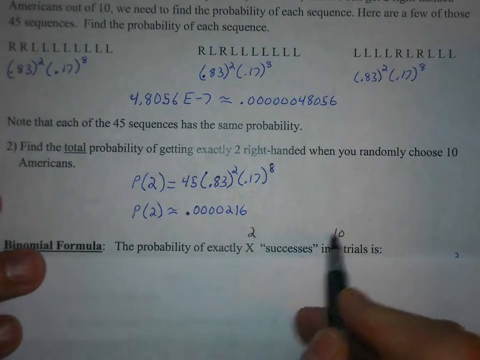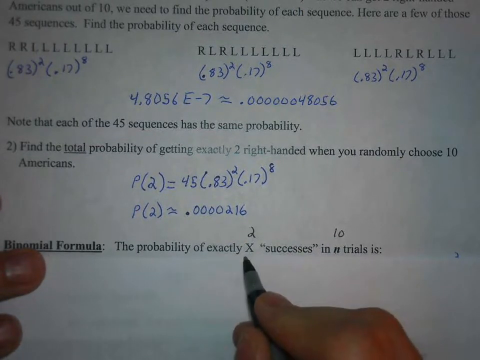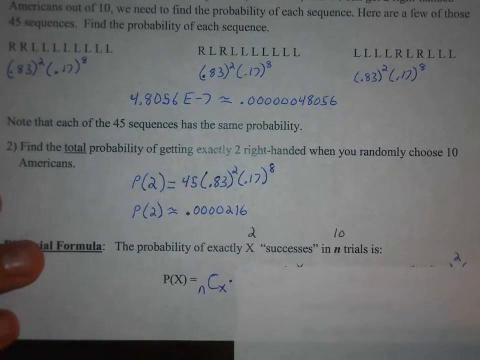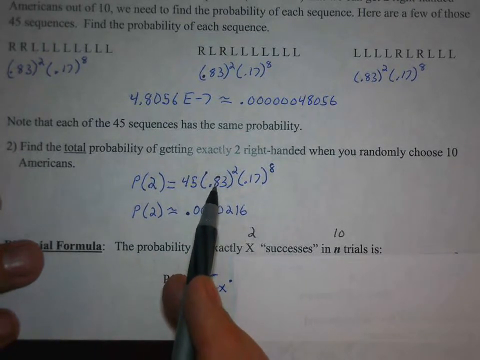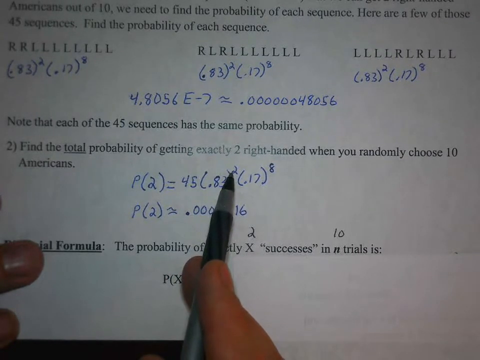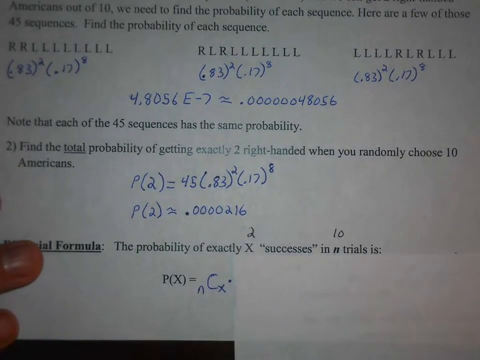So instead of using 10C2, in general, it's NCX. Okay, so we have NCX. And then you multiply that by the probability of success, which is P, to the 2. In our case, we're saying that's x for the general formula. So P to the x